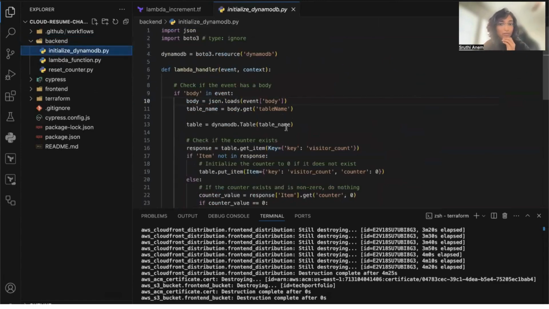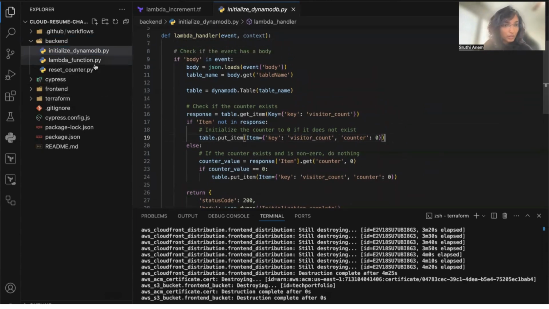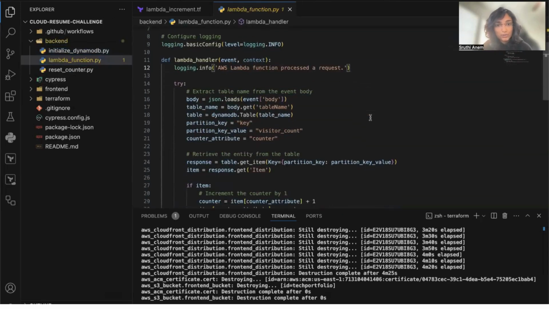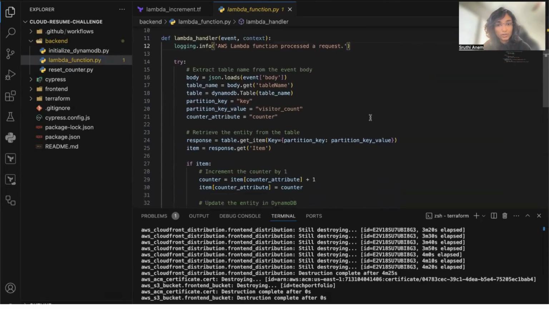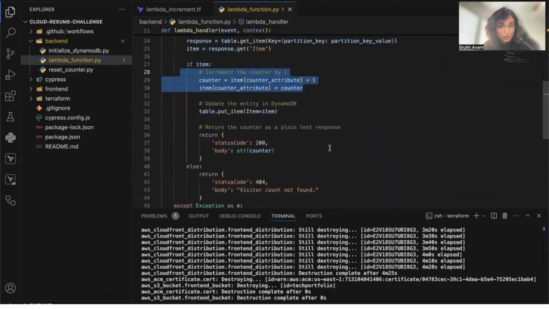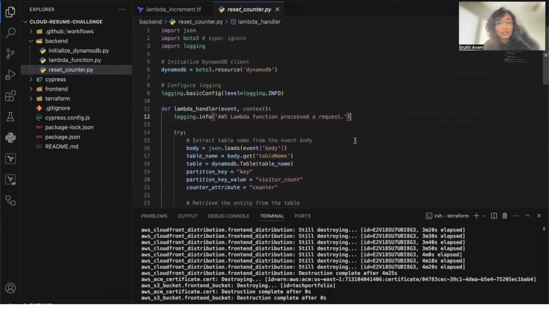In the backend, I have initialize Lambda, which is basically going to initialize the DynamoDB attributes. I have item, visitor count, and counter, and it is only going to initialize if the count is non-zero. And then I have the Lambda function, which again is going to interact with the DynamoDB database and increment the counter. And then we have reset counter. It basically resets the counter,